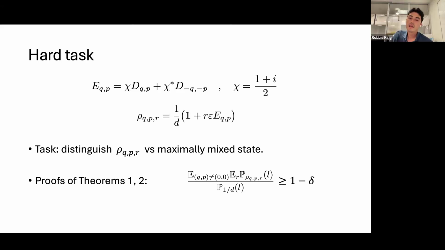And yeah, the intuition is that if I don't have the complex conjugate state, then any measurement I can make will not differ statistically between measuring this state and measuring the fully mixed state. So if the statistical difference between these two is too small, that tells me I need to make exponentially many measurements in order to pick up enough signal to distinguish the two. That's the intuition behind the proof.